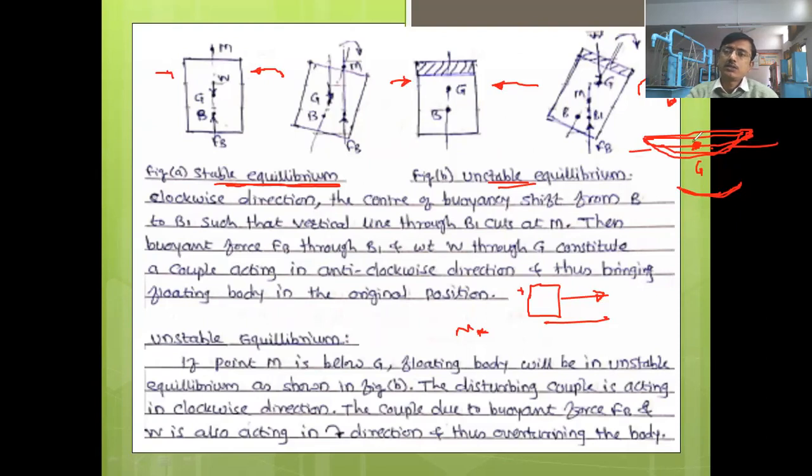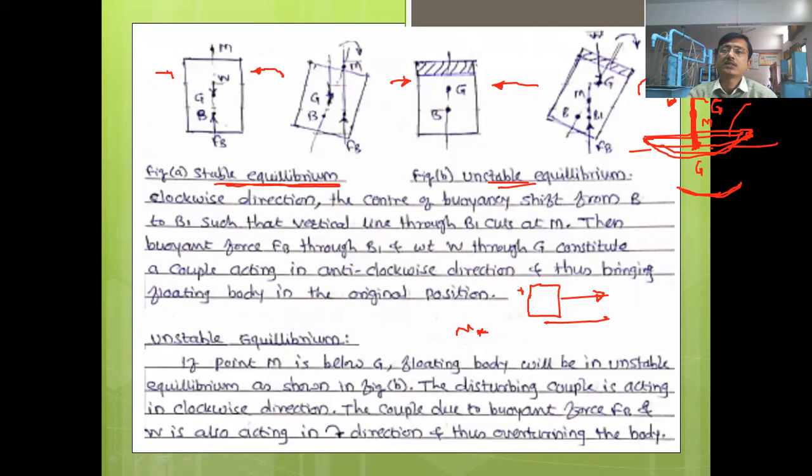G कधी वरती जातो? G moves towards the point where there is a heavy weight. म्हणजे या शिपमध्ये समजा आपण एक व्हर्टिकल पोल लावला आणि याच्यावरती खूप मोठं वेट आपण ठेवलं असेल, then what is going to happen because of this? The CG of this particular object is going to shift from this G somewhere here. याचा G इथून इथं वरती शिफ्ट होऊन जाईल आणि M त्या केसमध्ये G च्या खाली येईल. आणि ज्यावेळेस हा M G च्या खाली येईल त्यावेळेस this ship will be in unstable equilibrium condition.